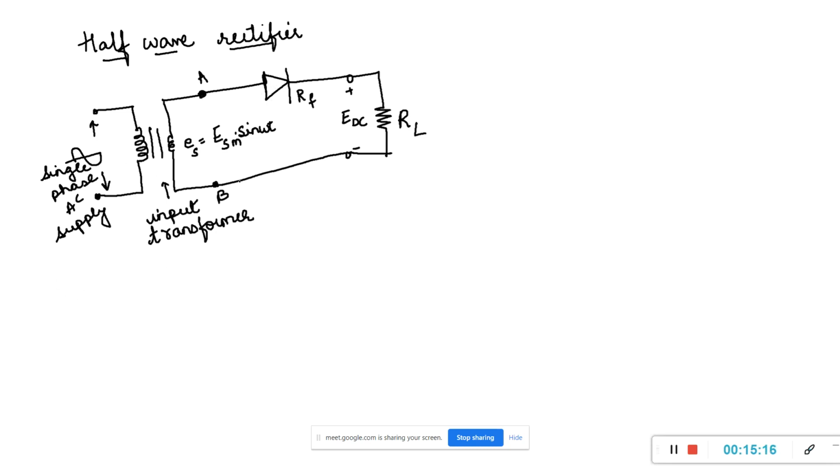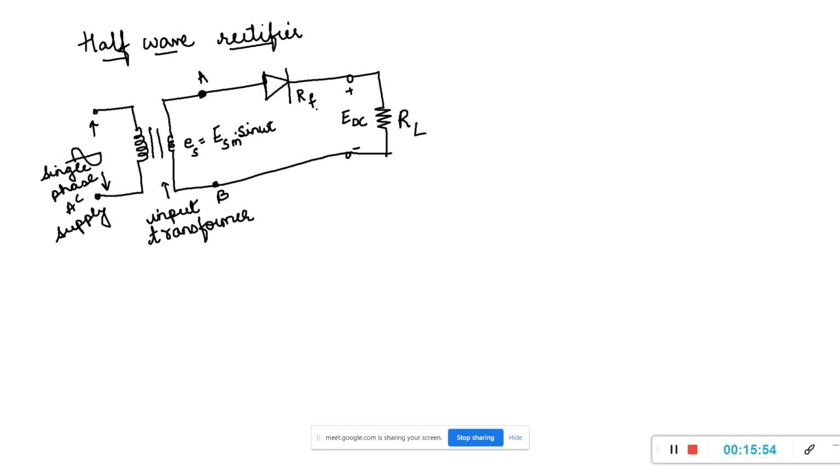So students, I'll explain the first construction of this and then I'll explain the operation of the circuit. Here you can see in the half wave rectifier we have one rectifying element, a PN junction diode, which conducts during the positive half cycle of the input AC supply, and the negative half cycle of the AC supply is eliminated by this device. Why? Because this diode conducts only during the positive half cycle of the AC supply, and does not conduct during the negative half cycle, so it eliminates it.